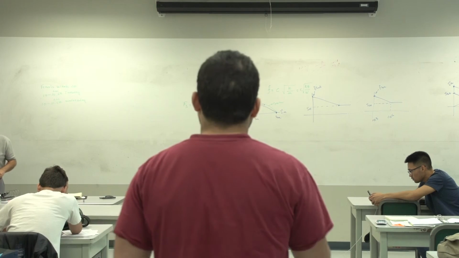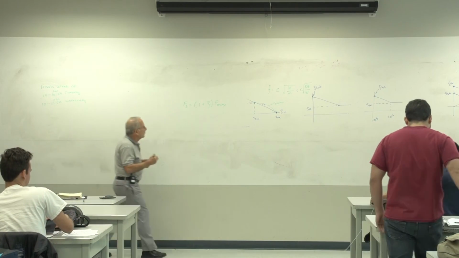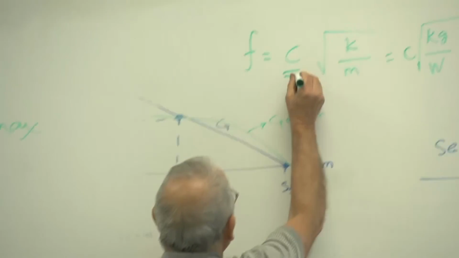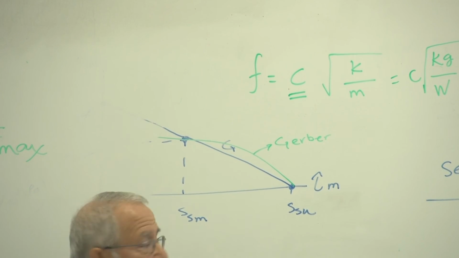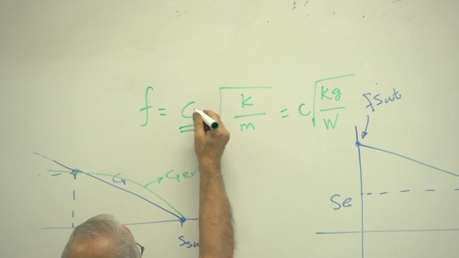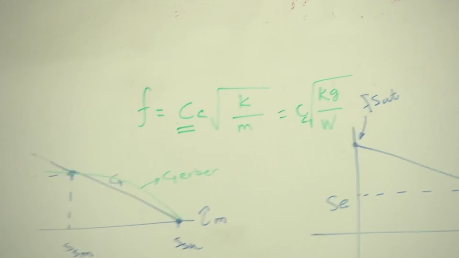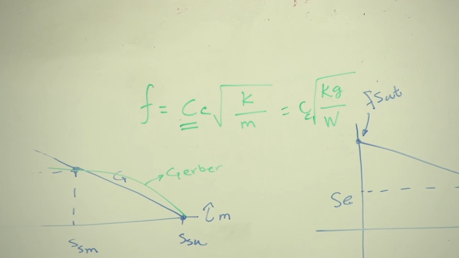A couple of things. Number one, on these equations that I wrote here, this is not C equal to D over D. This is just a constant. Call it C sub C. I don't know, constant C or something. This is not D over D. It's either a half or a quarter depending on the end conditions of the two that I gave you.